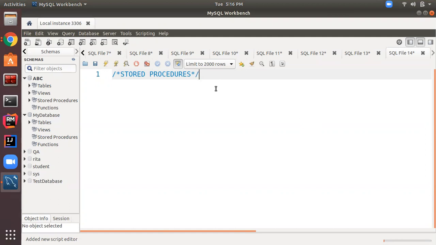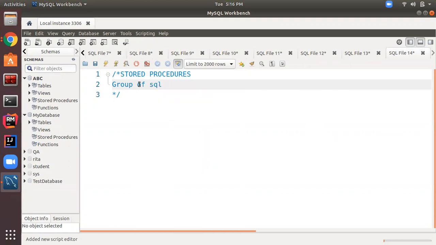So basically, what are stored procedures? Stored procedures are one of the objects in the database. We can define them as a group of SQL statements stored as an object with some given name.